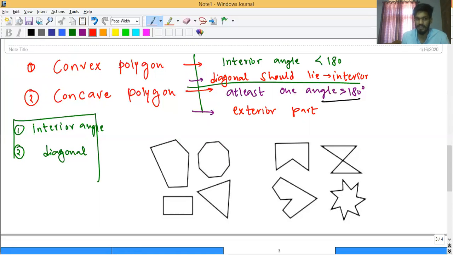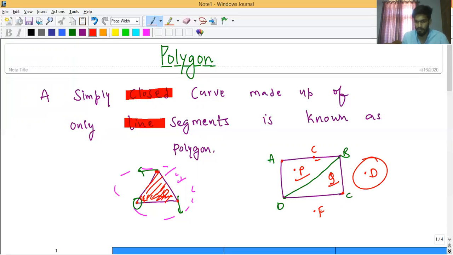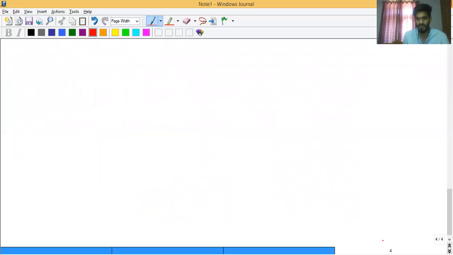First of all, let me tell you what are interior and exterior parts. So if I talk about this, then it all will be interior part, and now all the external parts will be any point which will lie outside. So let's take one example. I will draw some points: point P, point Q, point C, point D, point F. So here P, Q, C, they all are interior parts of the polygon, and when I talk about point D and point F, they are exterior parts of the polygon.